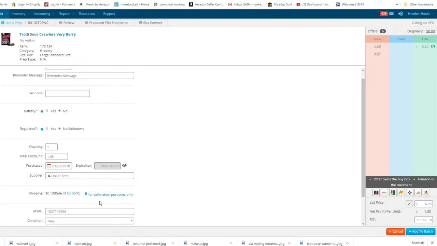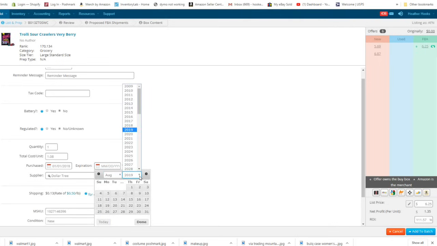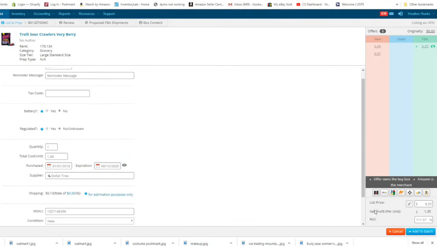And so if I put in all that, and then of course I'm going to add my expiration date, which happens to be August 12th of 2020. So anytime you have a food item, you need to make sure that you do that. 2020, and then click the day, the last. So you click that, set all that up. I'm going to go ahead and do 624, but I wanted to show you this item specifically because it says